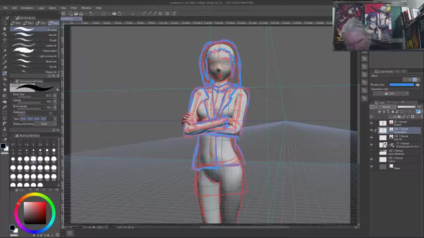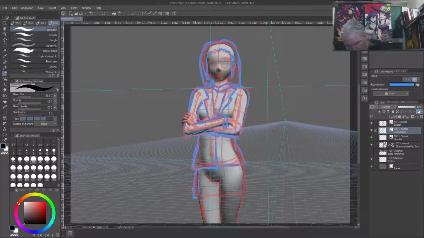So there's the rough idea of how things look so far. Here's our skirt, and